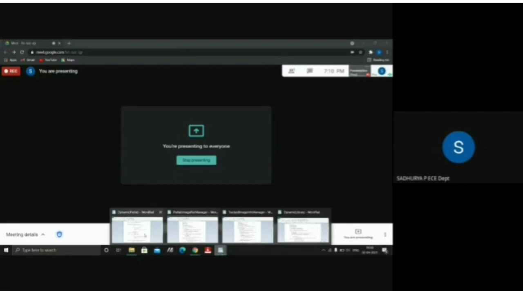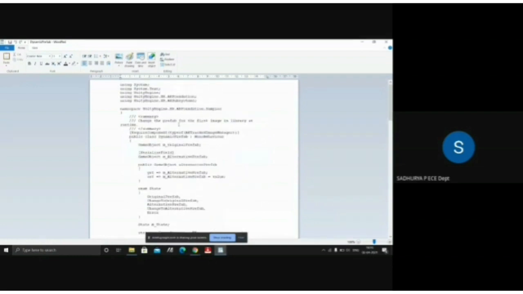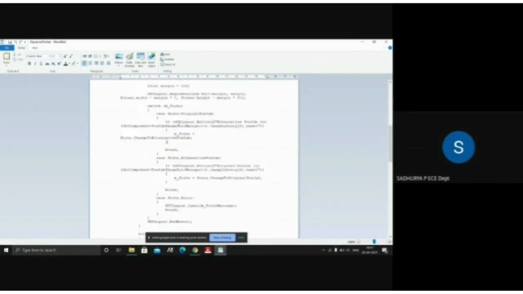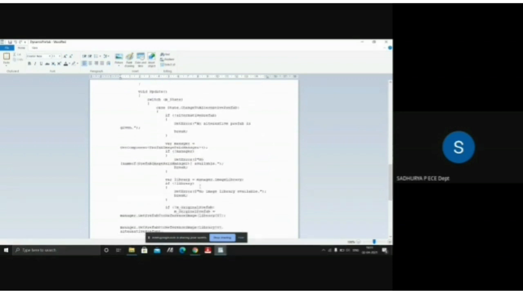Now I'll show the code. So this is the code for the dynamic prefab. It is only responsible for the login page, and also it shows the error message if an unknown user is trying to log into the page.